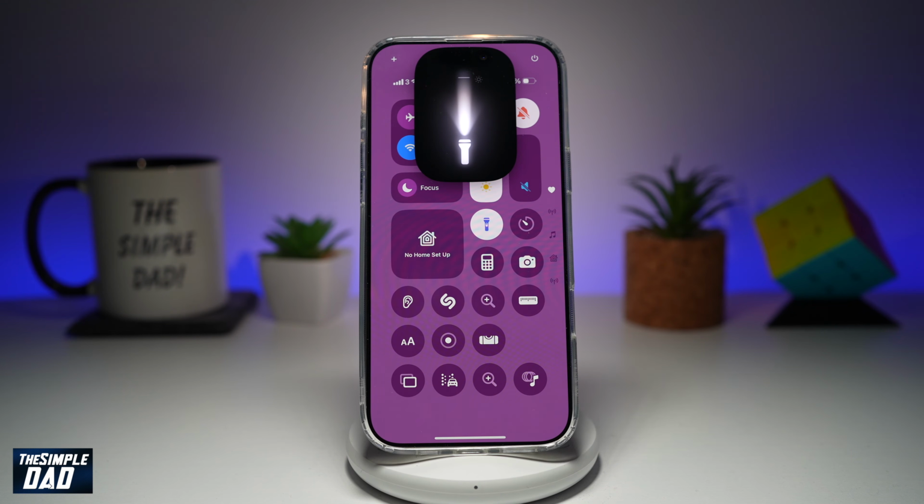So there you go guys, that is how to adjust the torch intensity and the angle on your iPhone running